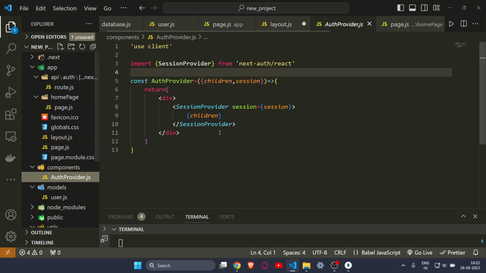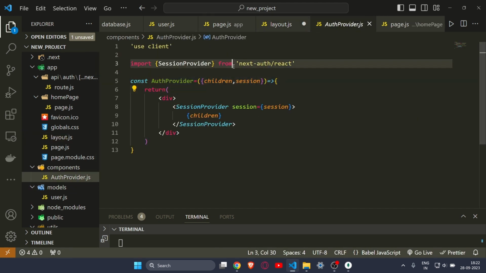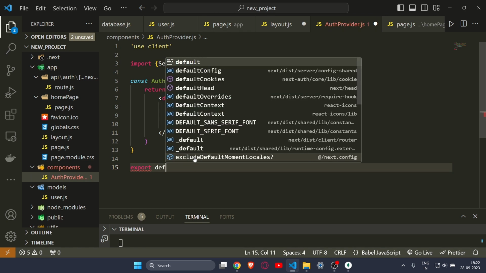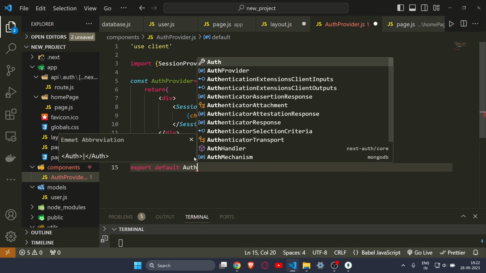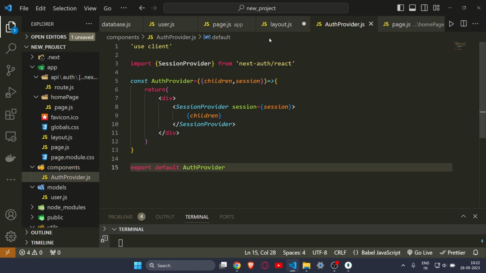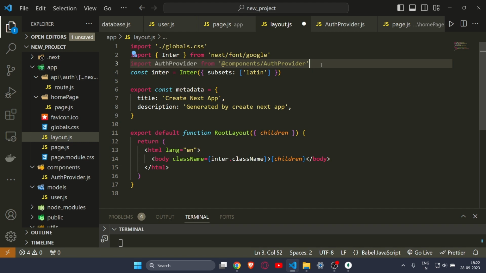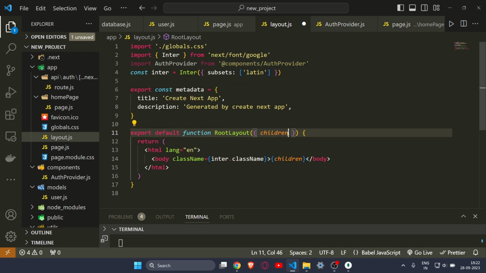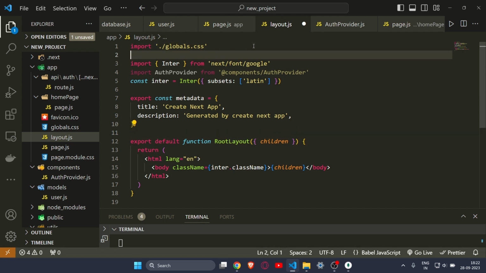Let me just take a look over here. So okay, all right. And all right, you have to also export this. So export default, and then auth provider. Okay, now we can easily import auth provider over here. And what do you have to write over here? After this children, you have to also write session. So for that you have to import this session also. So here I will write import session,